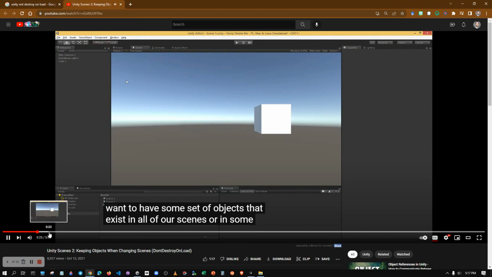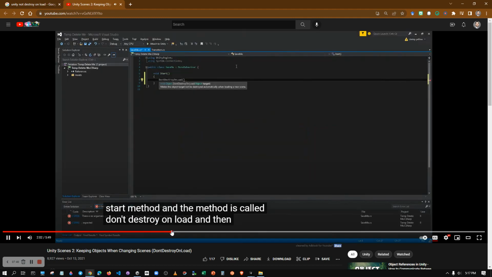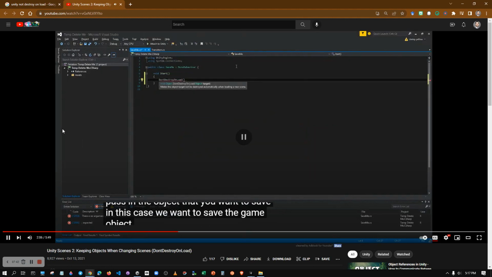In this video, in all of our scenes, we have some sub controls, the background source, panel control are actually in scene 1, and we keep things to the mark, and you just pass in the object that you want to save. In this case, we want to save the game object that's attached to the script. When you save the game object,